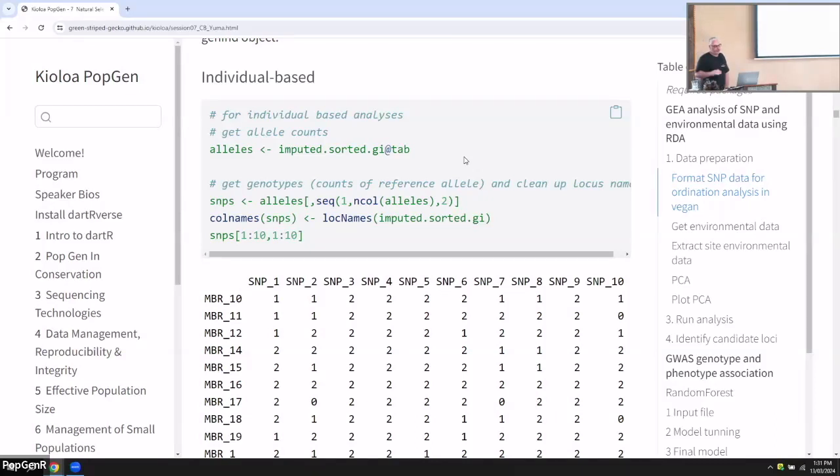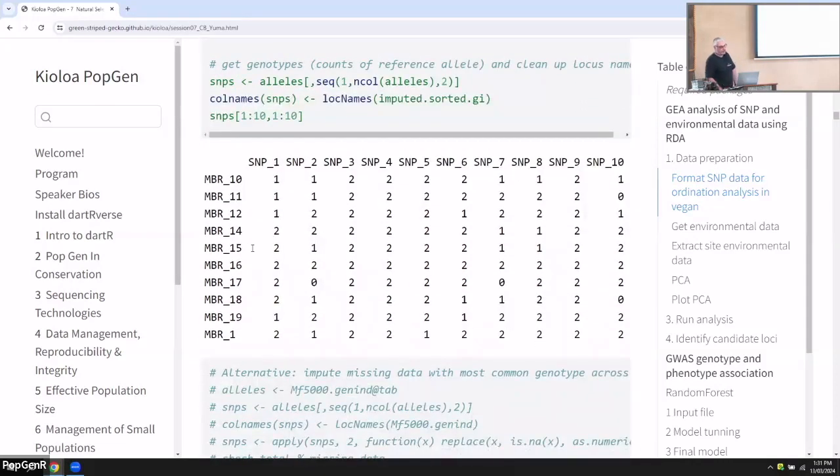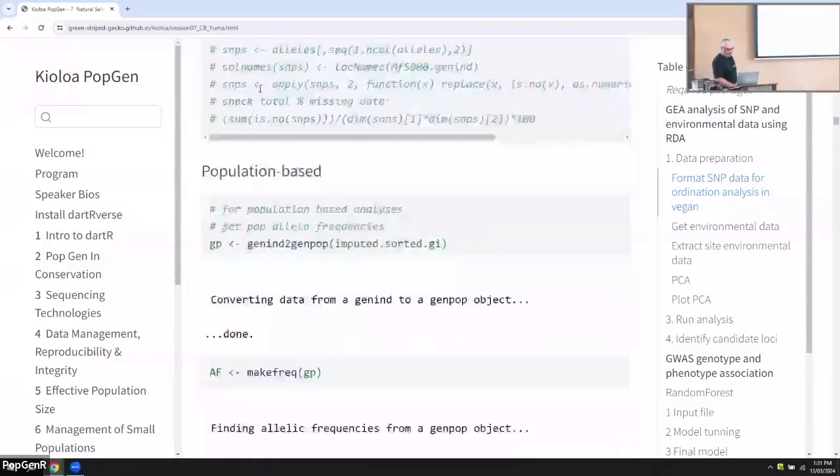each allele for each SNP. Because half of that data is redundant, it's an allele count, so if you have a 0 for allele 1, that means you have a 2 in the second allele. If it's a 1, the other one's a 1. If it's a 2, the other one's a 0. So we can get rid of every second column. This little bit of code just does that, and then it tidies up the locus names. These are just example data numbered SNP 1 to 2, but whatever your locus names are, it will clean that up. So if you go ahead and run that code,